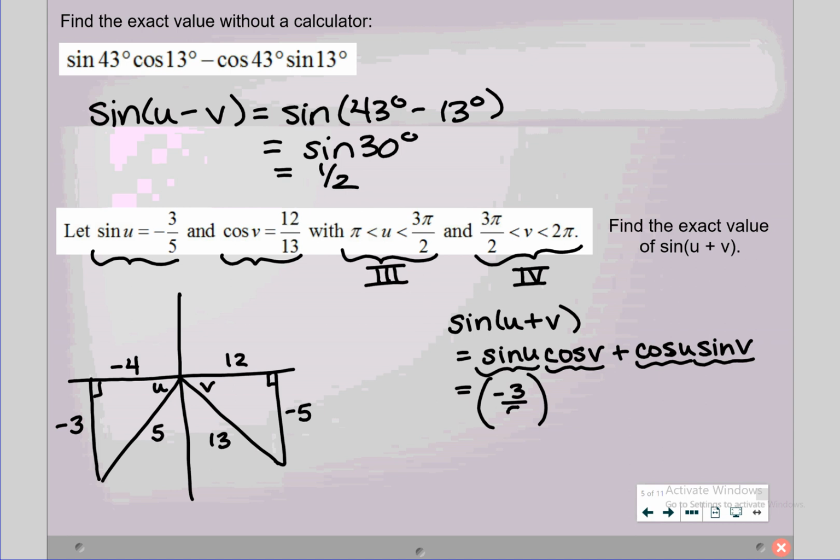-3/5. That was given. And cosine of v was also given to us. It was 12/13. Plus, now here's what we need the triangles for. I wasn't given the cosine of u, but I can look at triangle u and find the cosine. What is the cosine of u? -4/5. And the sine of v, we look at triangle v and we find the sine,